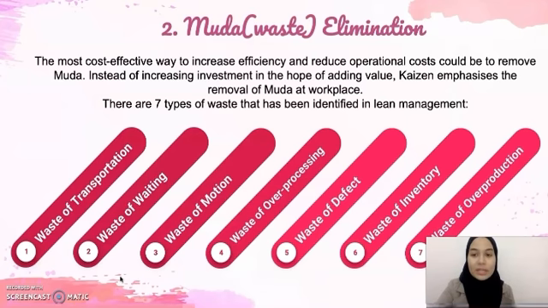Okay, and work is defined as a series of value-adding tasks needed to convert raw material into the final products. Kaizen seeks to improve business processes to eradicate the 7 types of waste as identified in the lean management. So as you can see here, these are the 7 types of waste that have been identified in the lean